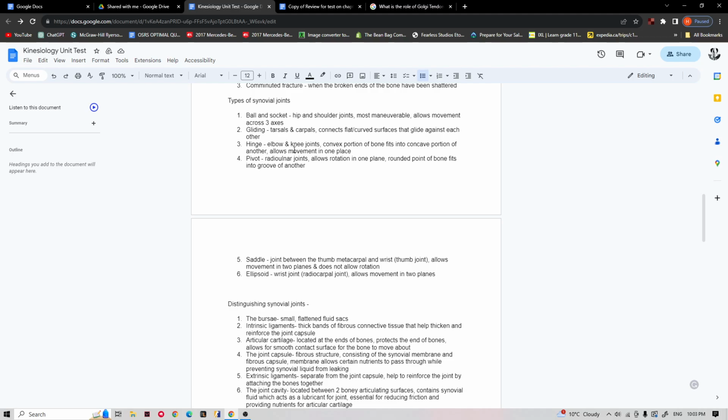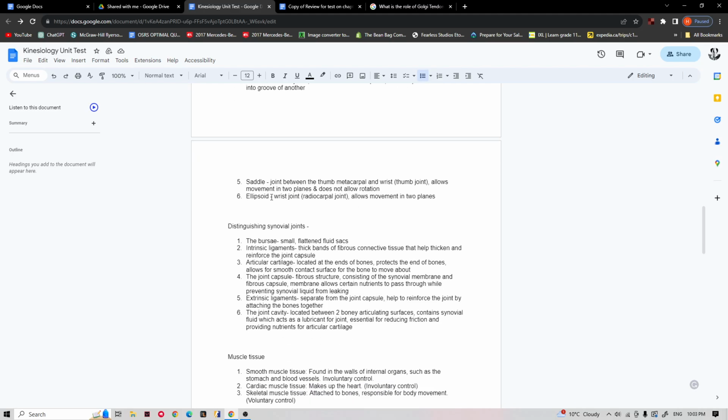Number 3, hinge. Elbow and knee joints. The convex portion of one bone fits into the concave portion of another, allowing movement in one place. Number 4, pivot. Radial ulnar joints. Allows rotation in one plane; the rounded point of a bone fits into a groove of